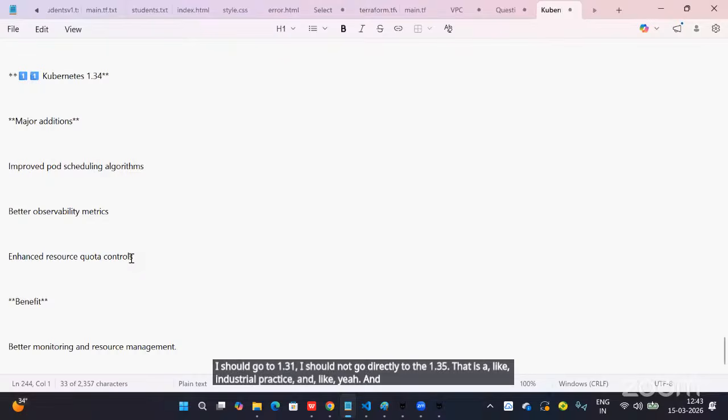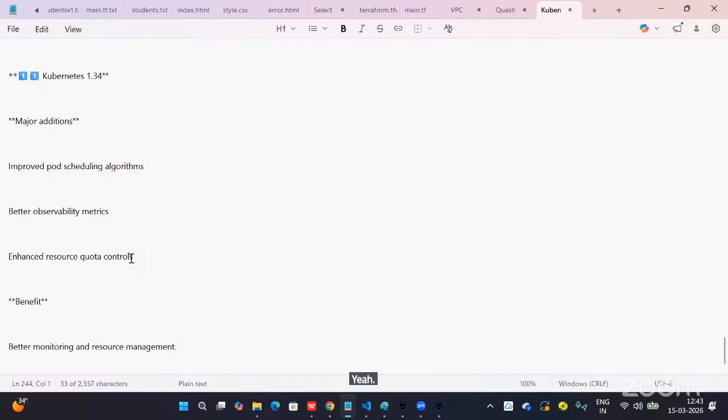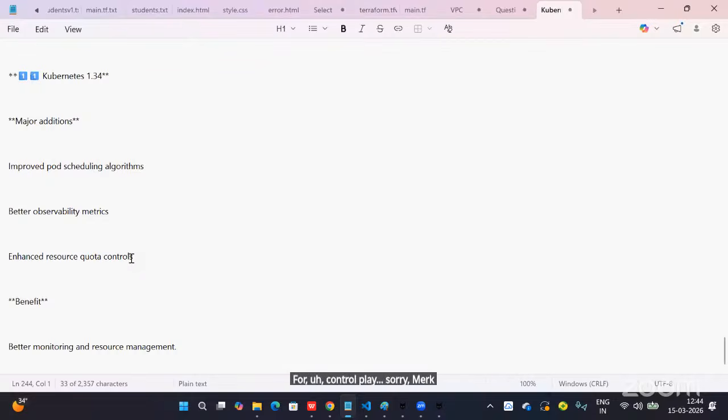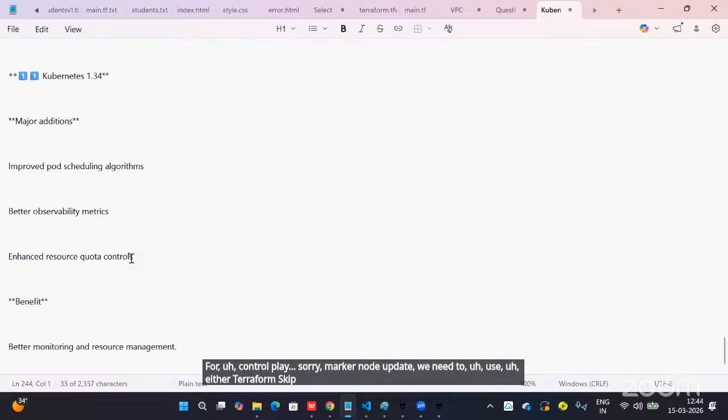And the second question: what components are involved? In an AWS upgrade there are mainly three components: control plane, worker nodes, and add-ons. The control plane is managed by the AWS team, but we need to go and trigger the version update manually. For worker nodes, we need to use either a Terraform script or commands, update the AMI version, and then update the node group.